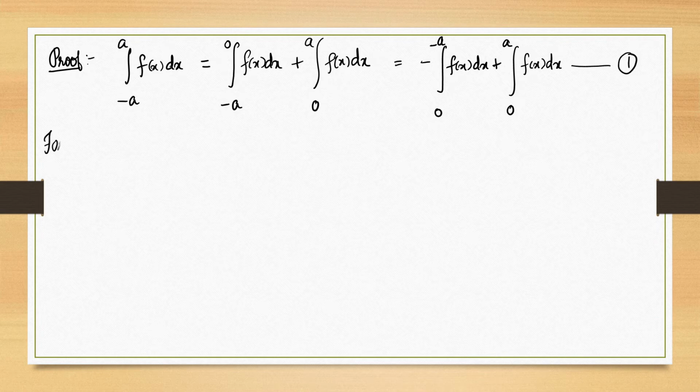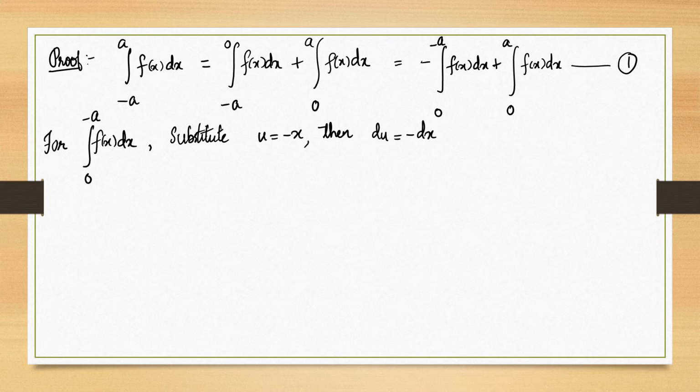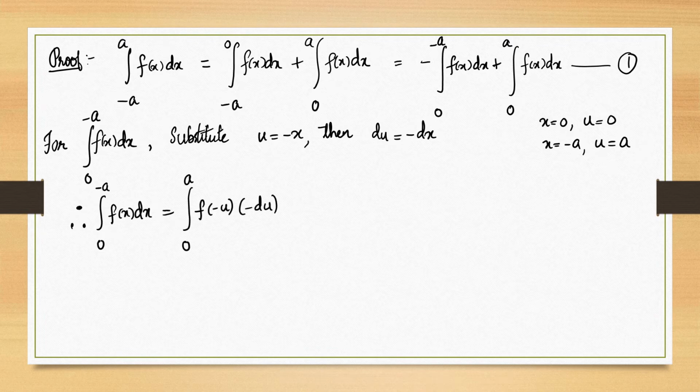Now we consider the integral from 0 to minus a of f(x) dx, and we make the substitution u equal to minus x only for this integral. We obtain du equal to minus dx. When x equal to 0, u equal to 0. When x equal to minus a, u equal to a. And by making the substitution, we get the integral from 0 to minus a of f(x) dx equal to the integral from 0